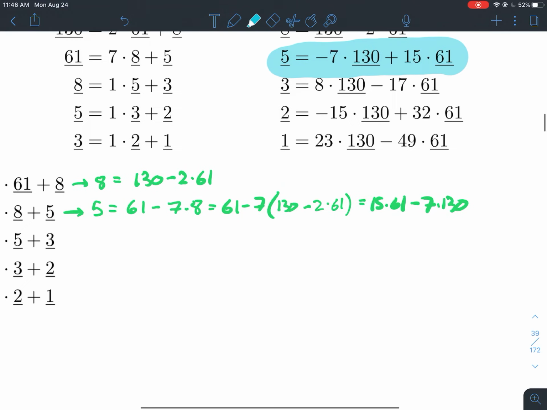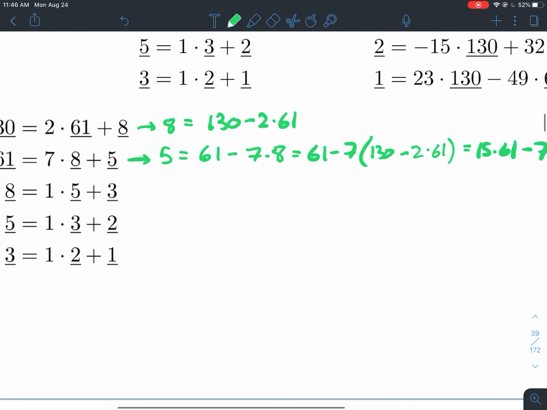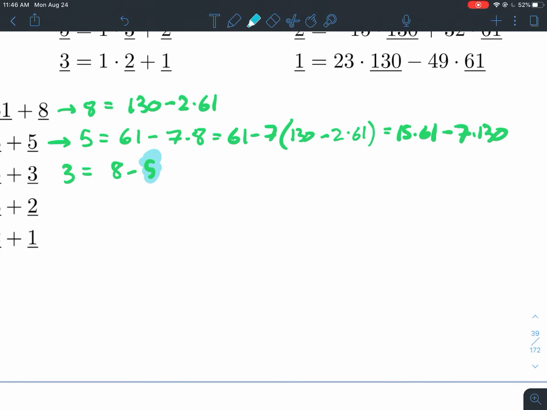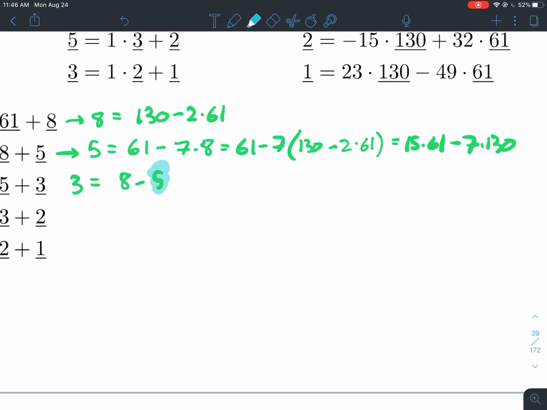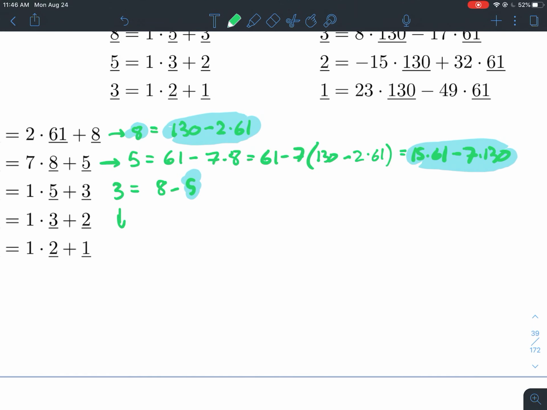And so what we can do then is the next time that I see a 5, and you'll see that I'm going to see a 5 in the next equation here, so let's write it down. I'm going to solve for 3 first, the remainder. So 3 is equal to 8 minus 5. And now what I'll do is for this 5, and for that 8, I'm going to plug in my expressions for 8 and for 5 that are based on 130 and 61. And so if you keep doing this all the way down, you should get 1 equals,